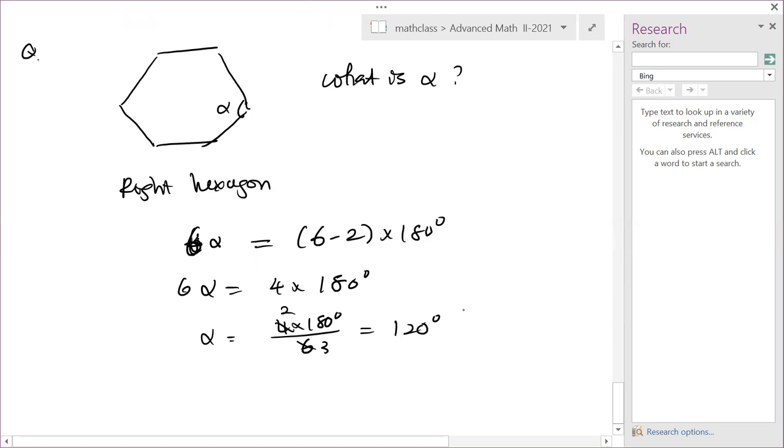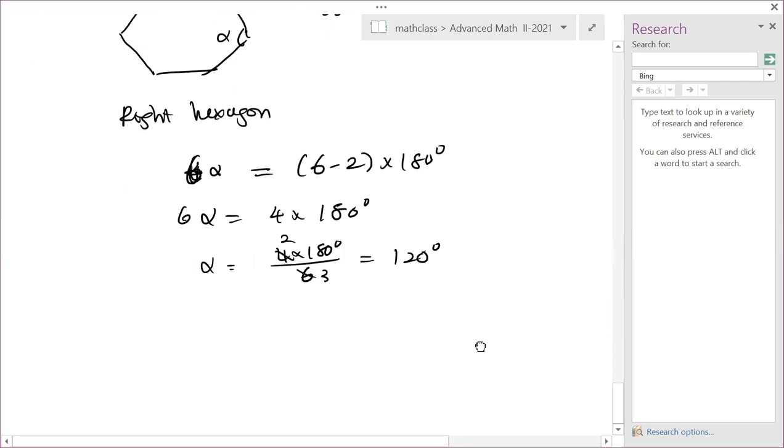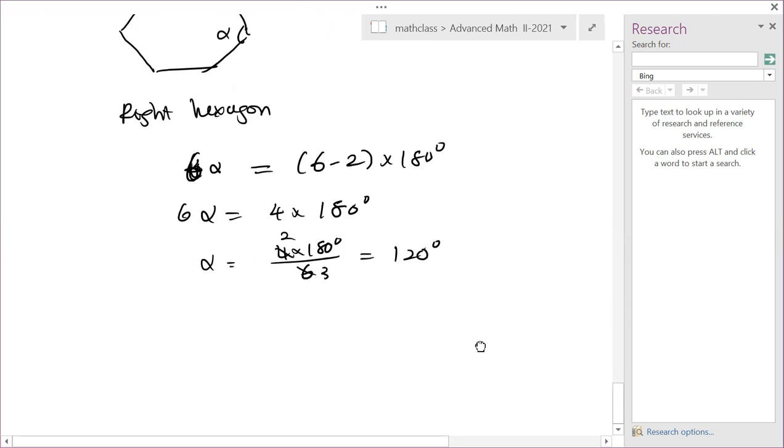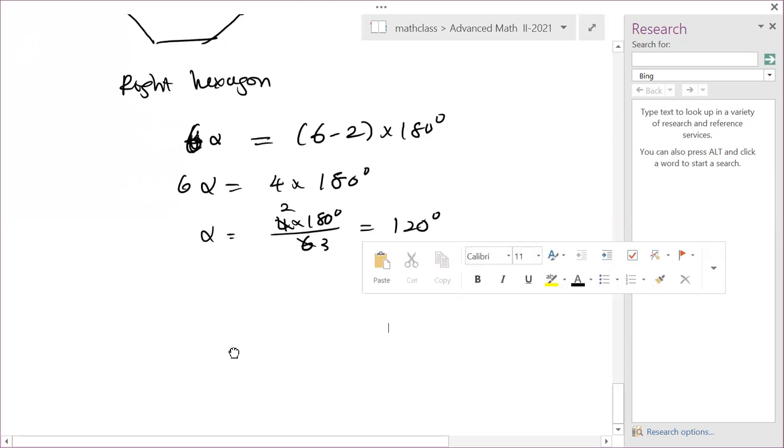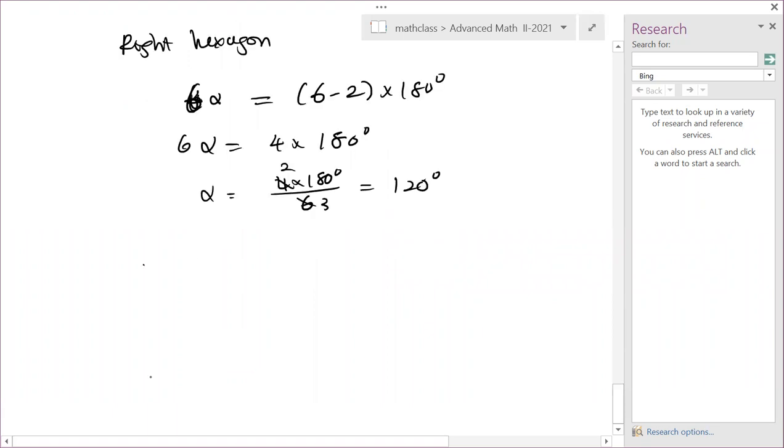So 120 degrees, okay? And you can get that using 6 identical equilateral triangles. Yeah, you can also get this. And how do you see that? You see? Because,